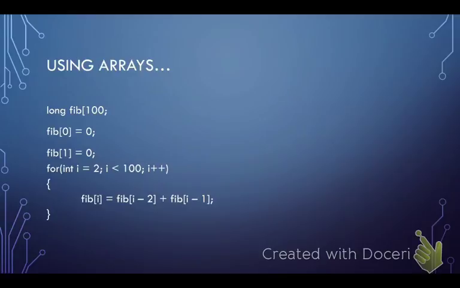Forgive me, there's a slight syntax error in this slide, so we'll fix that, and I will fix that mistake in the slides I post on Learning Suite. But here, for instance, we might just set aside a block of memory to store 100 values of the Fibonacci sequence. Oh, I have a second typo. I apologize. Store the initial values to initialize the algorithm here, and then utilize a loop.